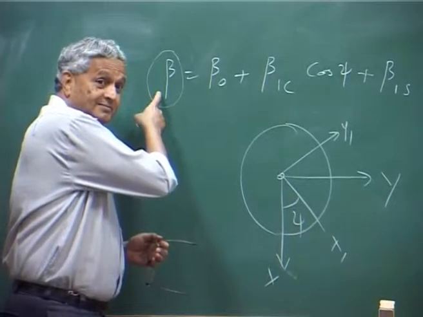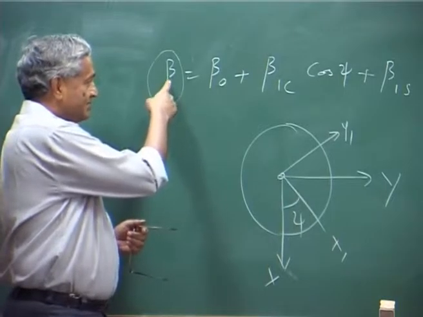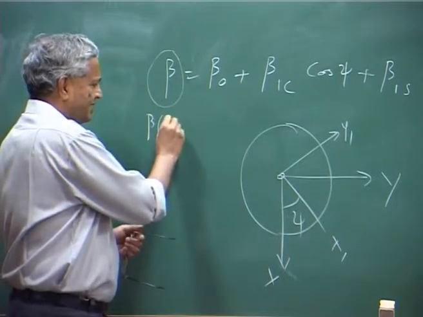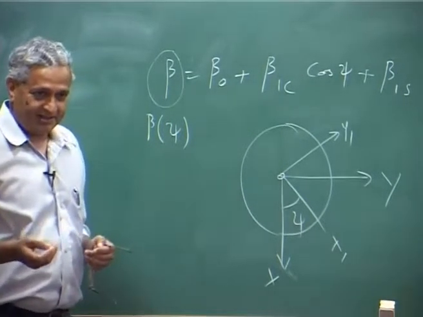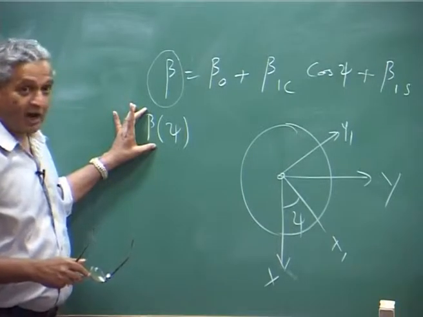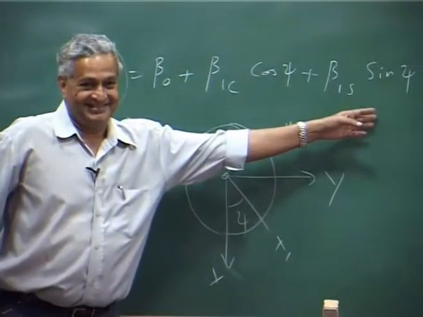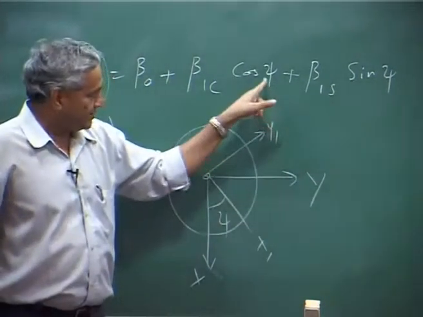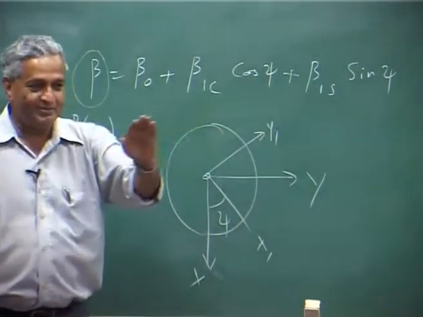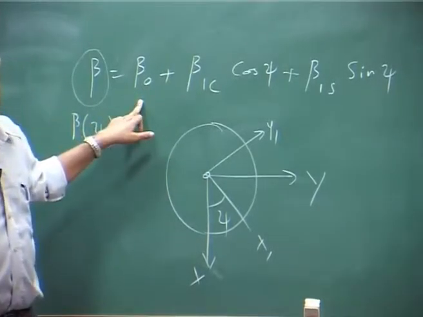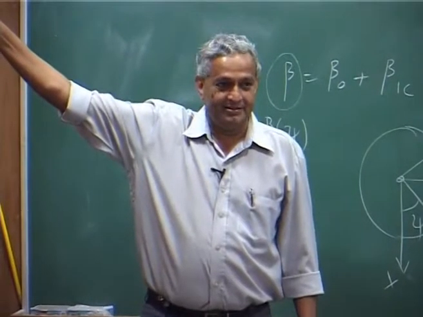This quantity, you understand. But this itself is a function of time, right. Time means I can put it as non-dimensional time, you agreed. But how I am representing it is in this fashion. This psi is non-dimensional time only, you follow. So, what happens is the blade has a constant flapping, agreed, that is called coning,